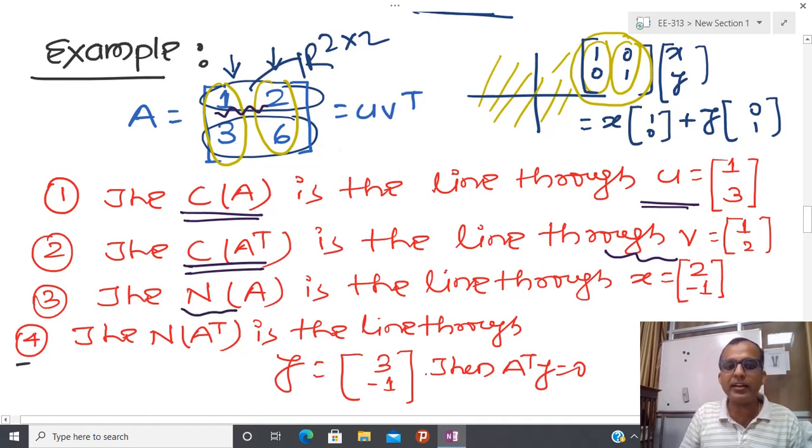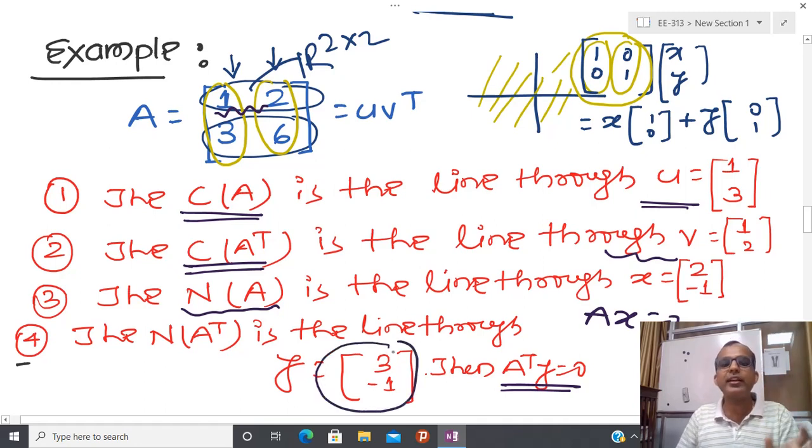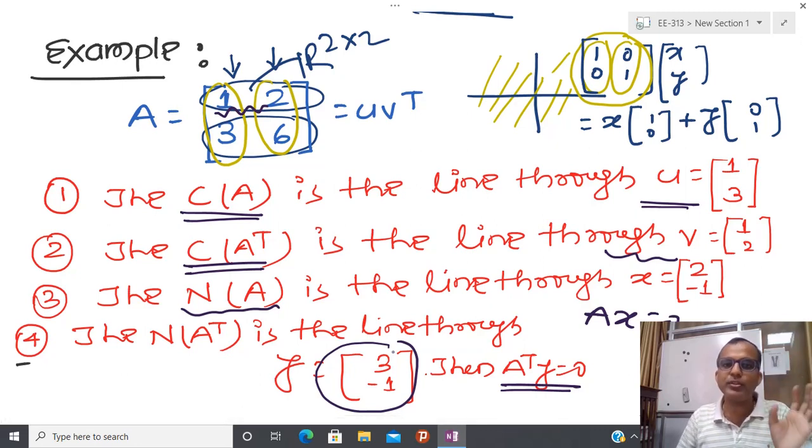And in order to calculate the null space, you have to multiply with Ax equal to 0, and if you multiply with 2 minus 1, it is possible to show that you will get 0 0. Due to that reason we say that the line through this represents the null space, and after that this is called the left null space. So you have to solve this, and it is possible to show just by checking, but there is a systematic way to generate the null space, so you have to learn that separately. In this particular course I am not going to discuss that.